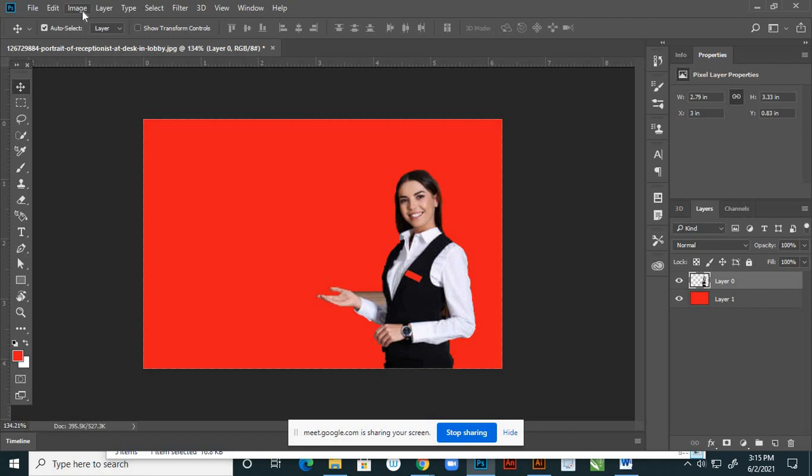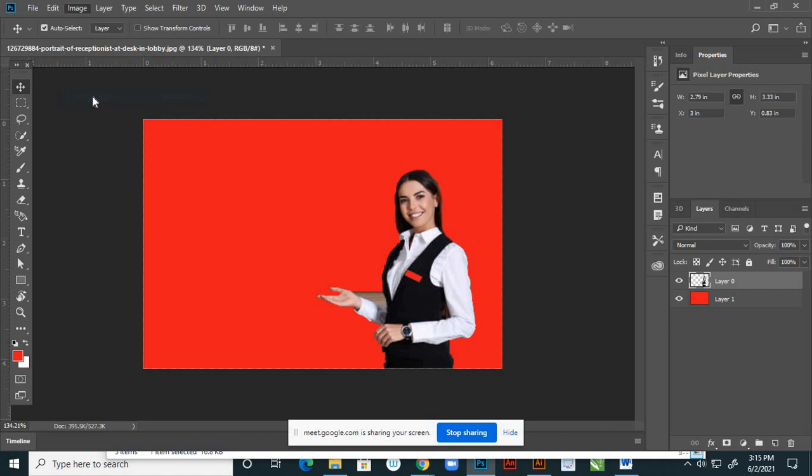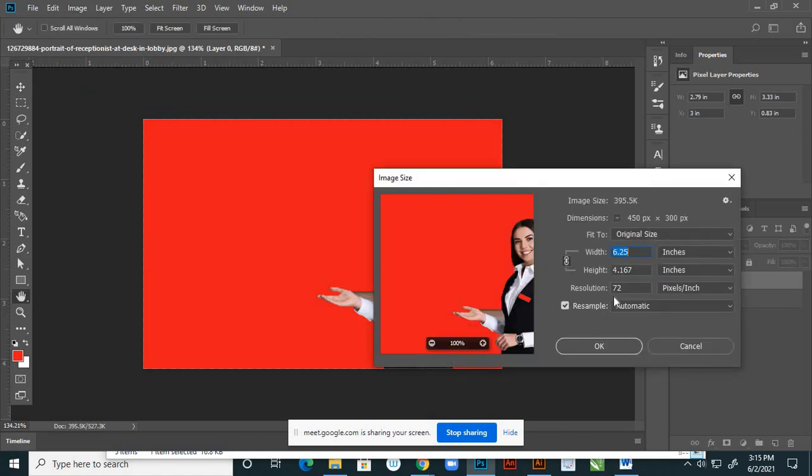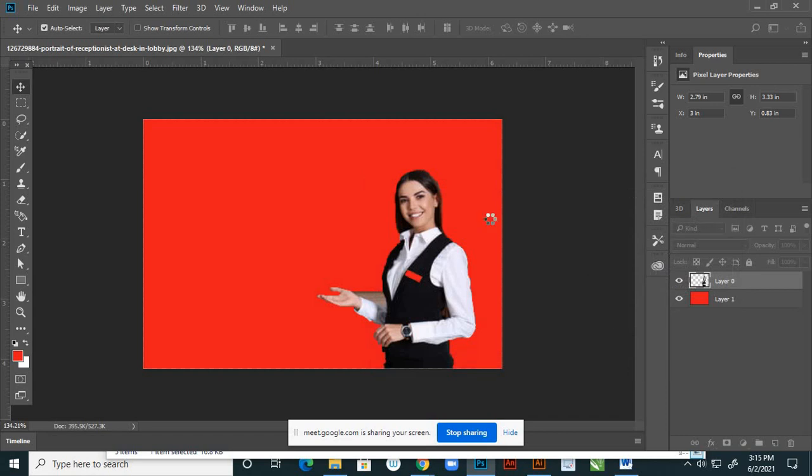So 10 by 9 means 7 by 8 something. If I take that it will be enough. So in image size, 6 by suppose 4 it is. So here I'm giving 8. So proportionately it is taking, but here I want to change to 300. So don't forget anytime, right. This resolution and all.